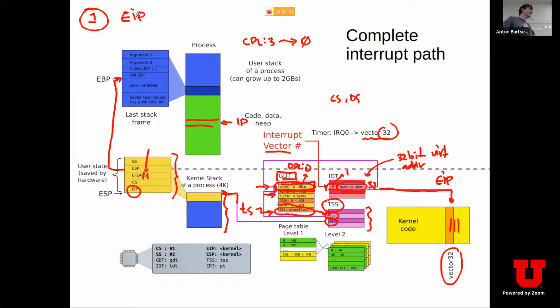The IDT? Well, closer, but no, not the IDT. Because the IDT, really, you can always translate. Yeah, for the IDT, you load the virtual address in the IDTR register. Really, think of it as a chicken and egg problem. There's only one address which you cannot translate,